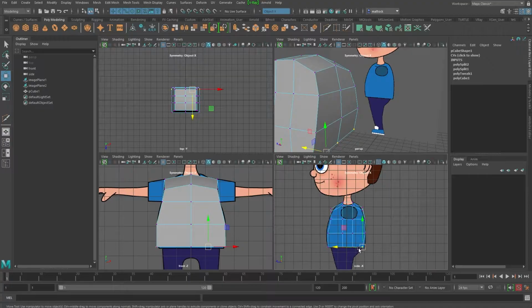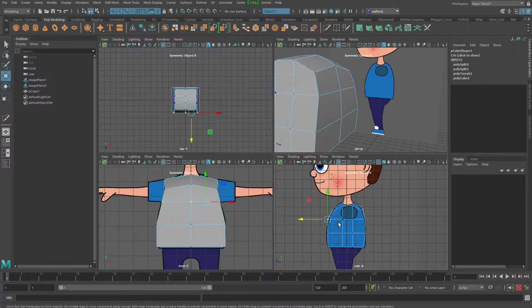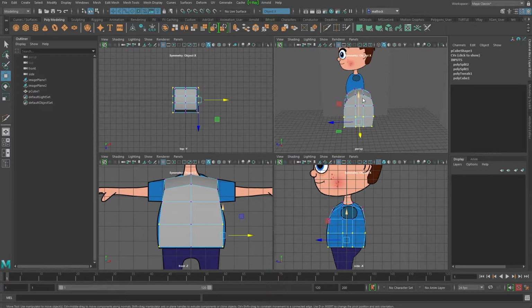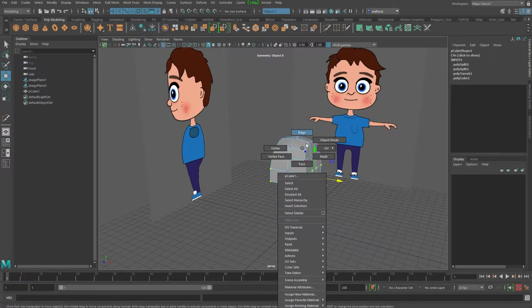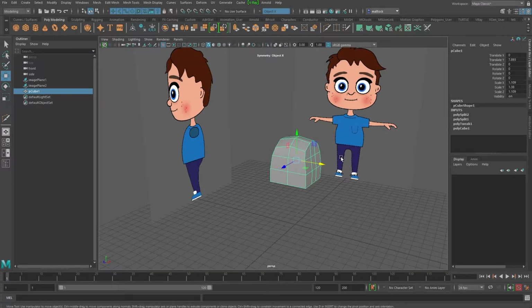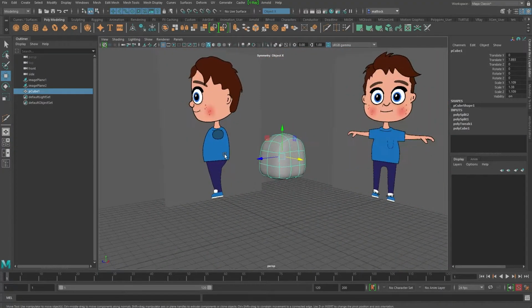Let's just start shaping this. I'm jumping back into views, and again, this is a continuous process. Let's just quickly reshape this, go to our side view. What I'm doing is right click and go to object mode to go out. If you hit the 3 key, you get a little representation of what it looks like when it's smooth.